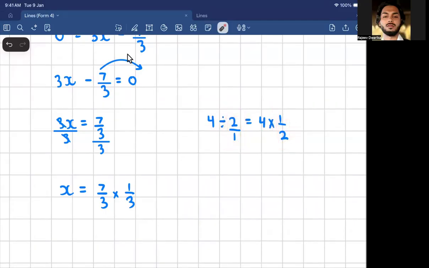Now let's look at what we have over here. Over here we have 7 over 3, which is a fraction, and we just divided that by 3. Yes, sir. Now if I divide by 3, that's the same thing as multiplying by